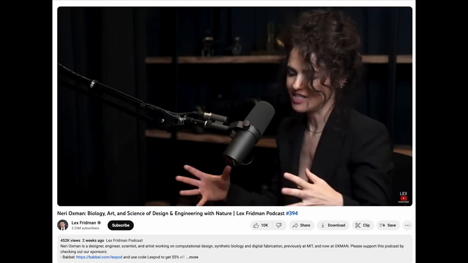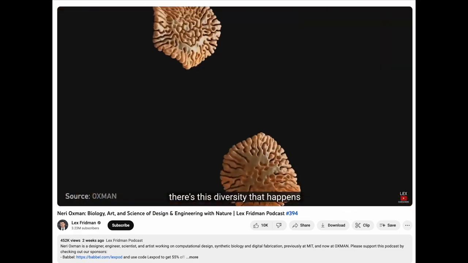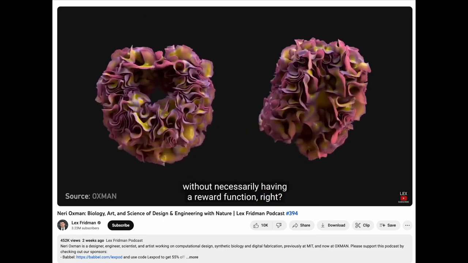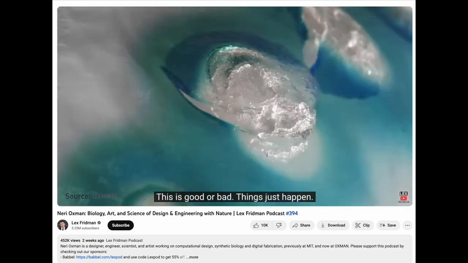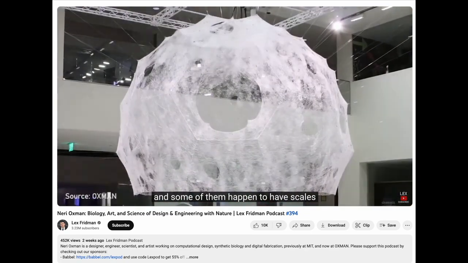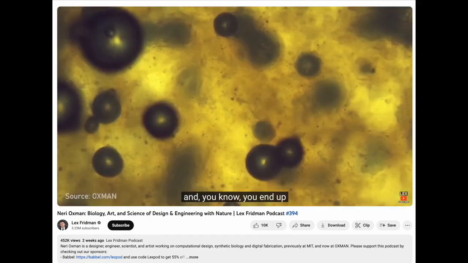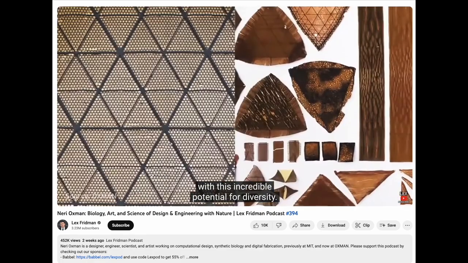With nature, there's this diversity that happens without necessarily having a reward function, right? This is good or bad. Things just happen, and some of them happen to have wings, and some of them happen to have scales, and you end up with this incredible potential for diversity.